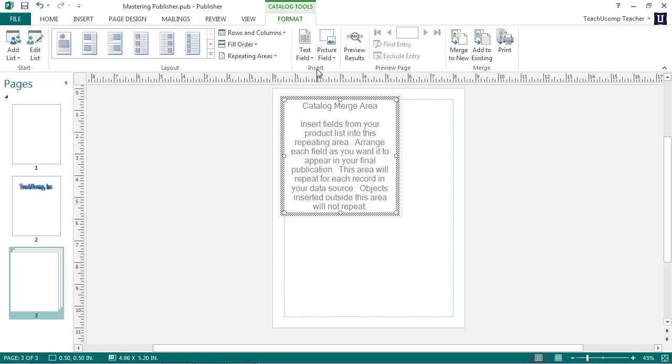In the Insert button group, you will find the buttons that you can use to actually insert the data into the repeating sections within the page. To do this,